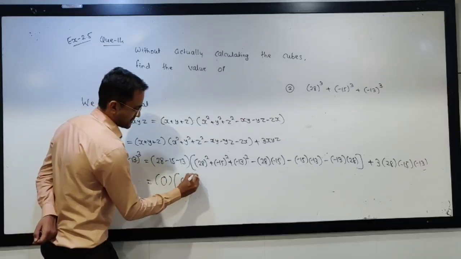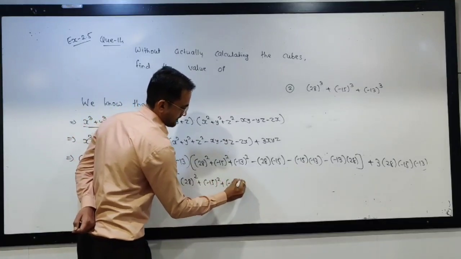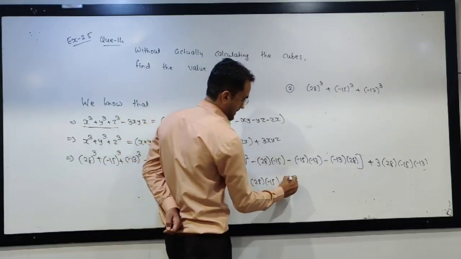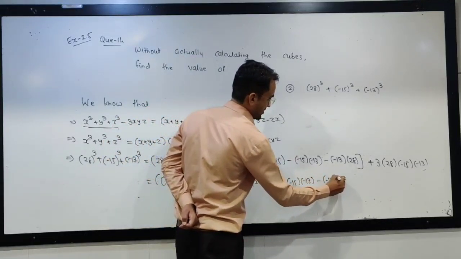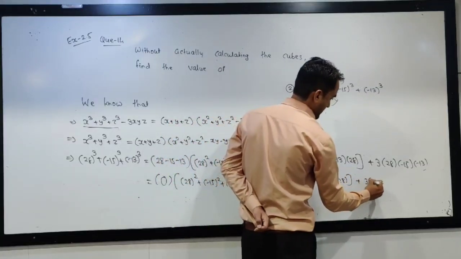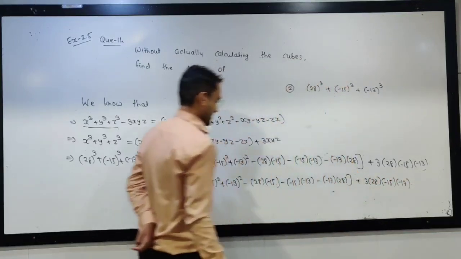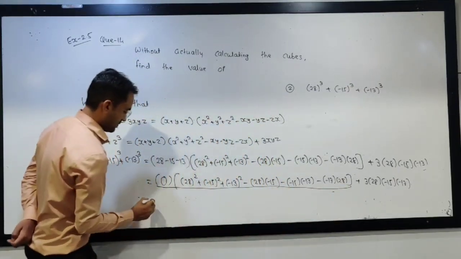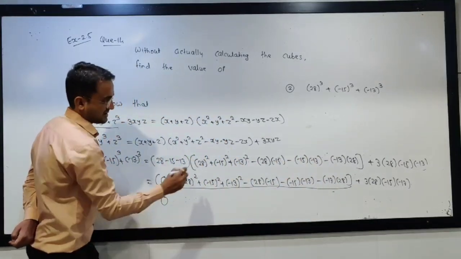So again the same as previous. You don't need to solve this because we know that the answer of this term will be 0. So the other you can write as it is. So this one will be 0 because 0 is in multiplication of all these. So the entire term will be 0.